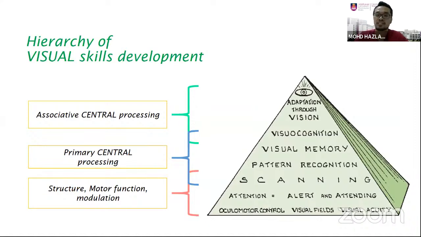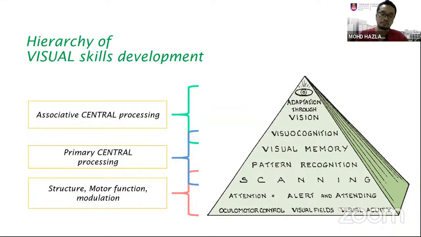From this hierarchy, when we know the level of complexity and sophistication of this system, we will understand whether we want to go down to the base of the pyramid or go up.